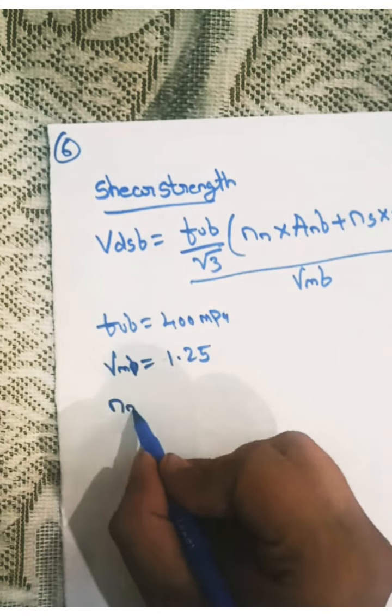Now NN and NS, it is in double shear. So we need to find the values of NN and NS. These angles are like this. So when you provide a bolt here, this bolt will have threads here like this and it will have a shank. So for a single bolt, it will be having threads like this. You may have seen it.